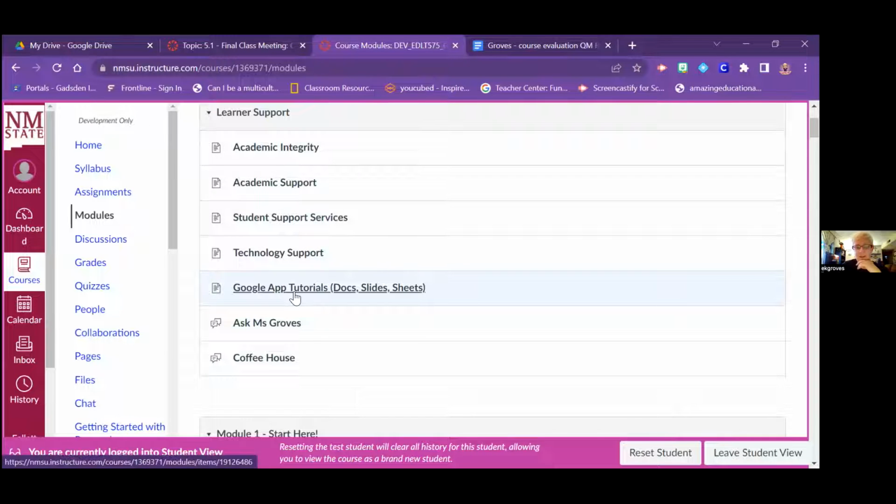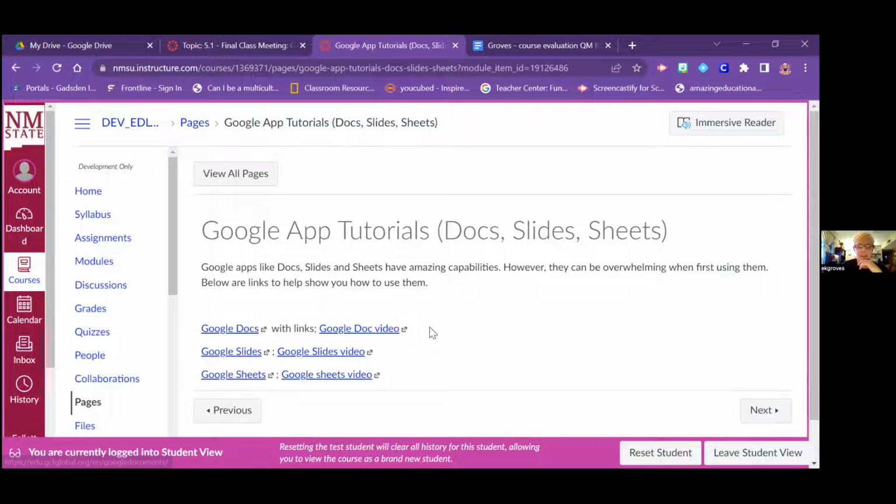One thing I really like that I put on here is links just to learn how to use Docs and Slides and Sheets. Because at the beginning of school last year when we all went remote, and I'm sure some of you have seen different posts I've written, as teachers, we really messed up. We assumed that students knew how to use their laptops, how to use Docs, how to use these different apps, and they absolutely did not. And they didn't have support at home. So the first couple of months was really tough. So I thought this was really important to put in there as well.